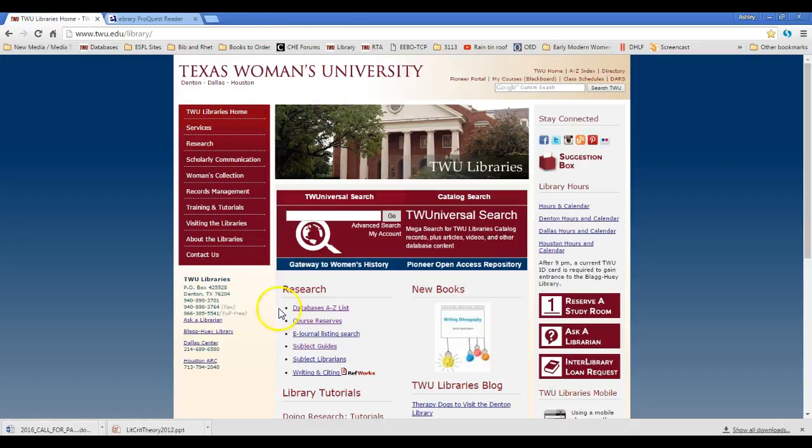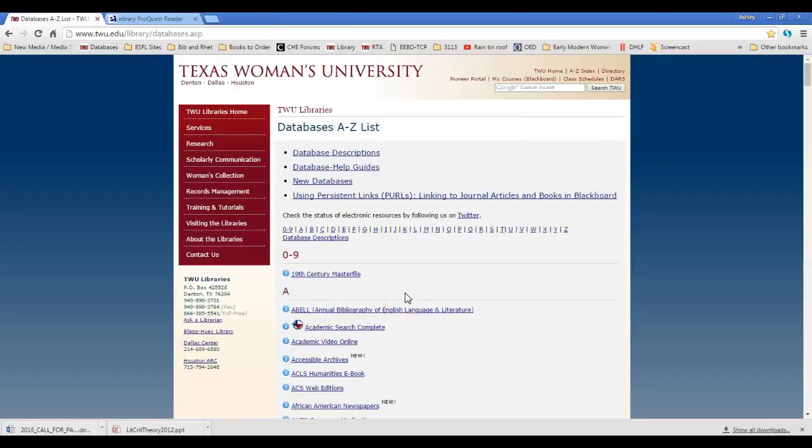One of the things to keep in mind when you're using MLA is that, like our library catalog algorithm, we're going to have to search terms both in singular and plural quite frequently. We're going to have to search synonyms of words. We're going to have to search different forms of a word. So, for example, the infinitive and the gerund form of a word. So we're going to have to play around with the kinds of words and the forms of words that we use. One of the things I really recommend is that you keep a running list of all of the searches that you have already done so that you're not repeating yourself.